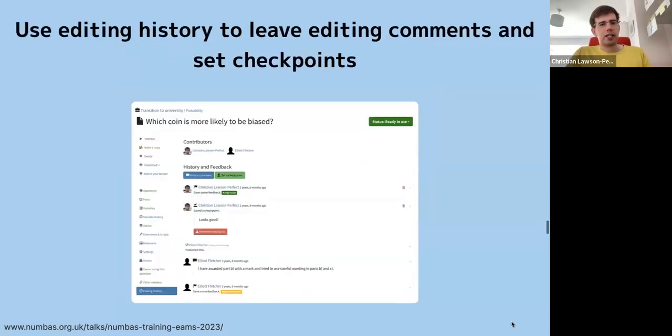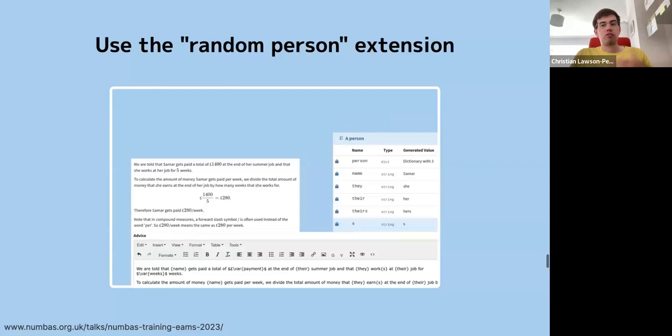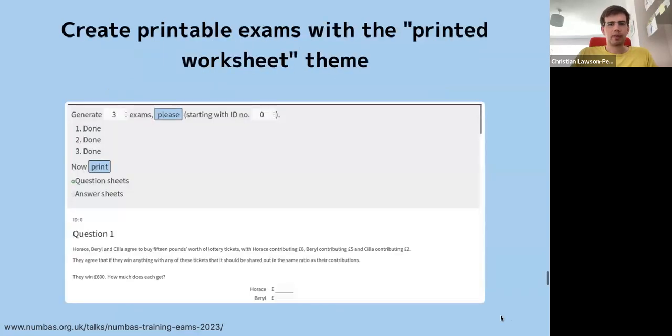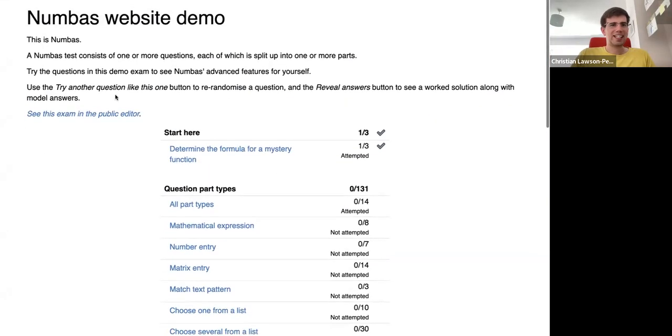I've shown you the editing history tab. I should have checked these screenshots. I need to update them all, don't I? Variable descriptions I've shown you. The random person extension I showed as well. So when you have word problems, it's a good idea to use a representative name. Something I haven't shown, and in fact that's so out of date,